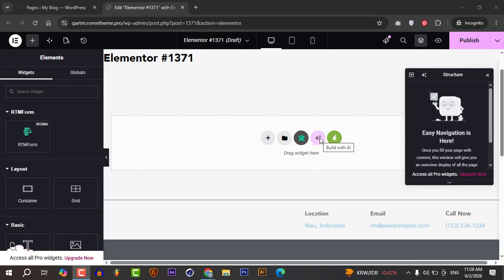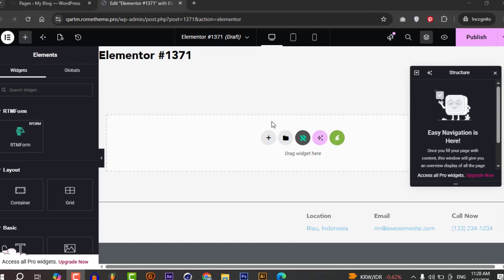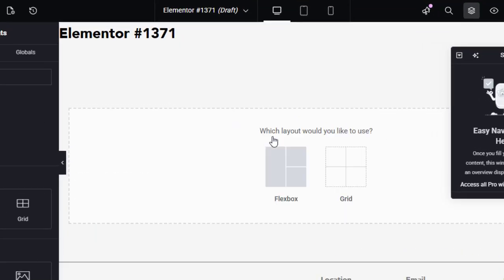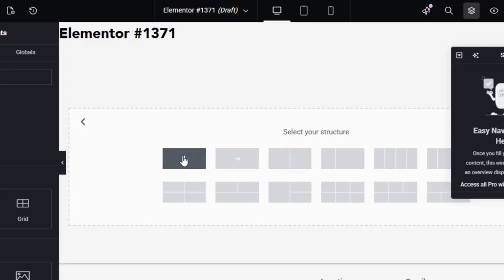Guys, today we're gonna make the contact us page with RMTKIT Form. So you need to install RMTKIT first in your WordPress. So let's get started. First, you need to go to this button, Flexbox, and this one,